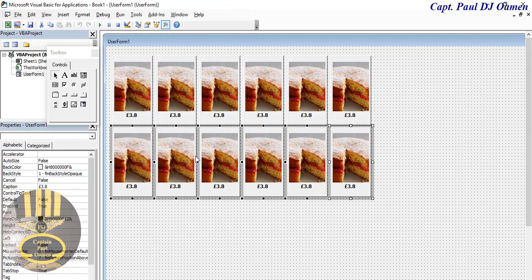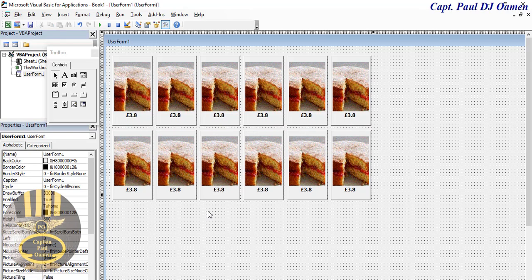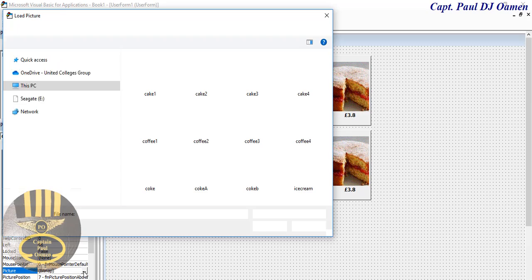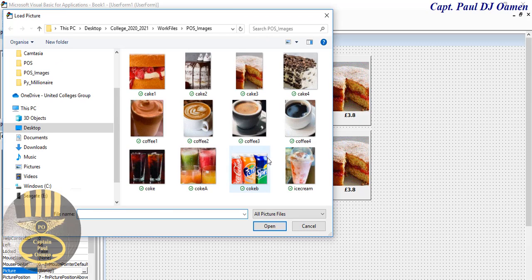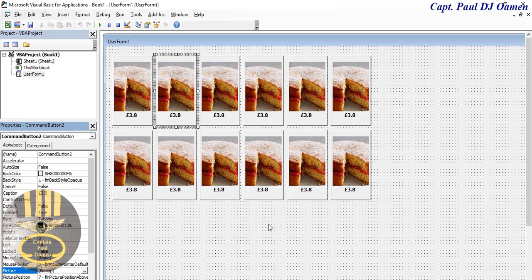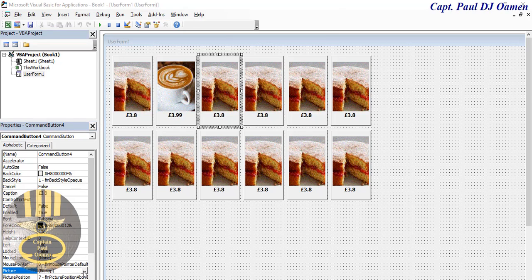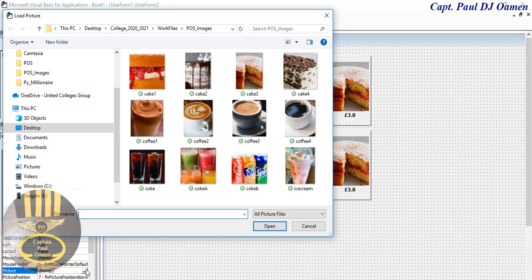You can drag this one down a little bit if you want. Okay, select the next one, and let's go straight to the picture there. For the picture I'm going to go for the coffee looking picture, and let's change the price of that to about $3.99. That might be too much though, but that's alright. Now the next one, repeat exactly the same thing for the next one, and I'm going to change that to